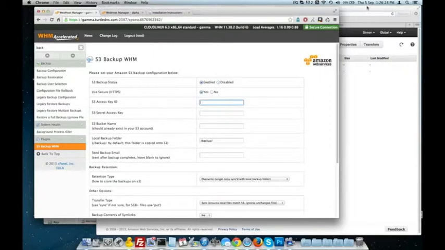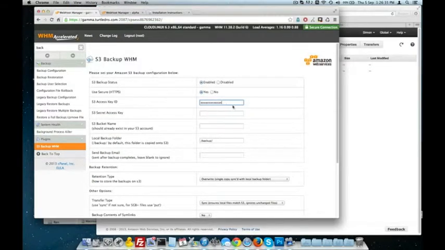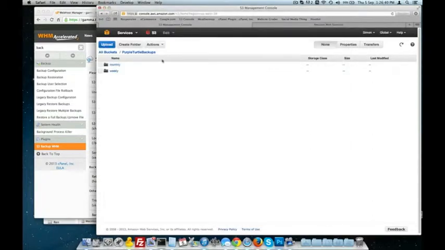I'm going to make sure that I grab my ID and access key from my Amazon account. It'll be in my account. I'm not going to put it in here. I'll actually just probably put in a bunch of X's, and then of course the bucket name. Now you've got to create this before